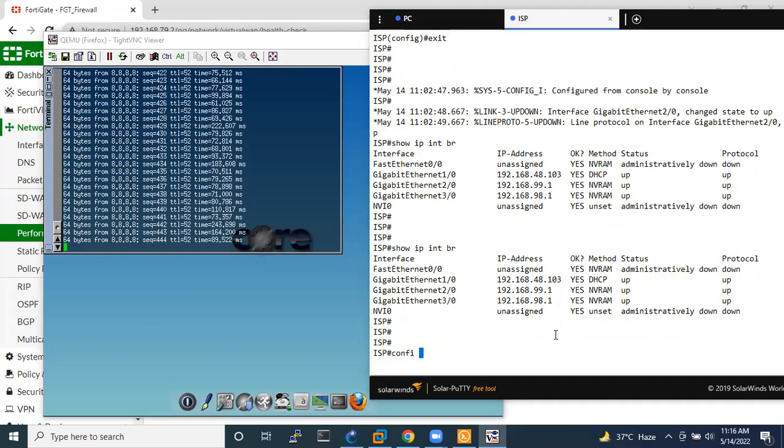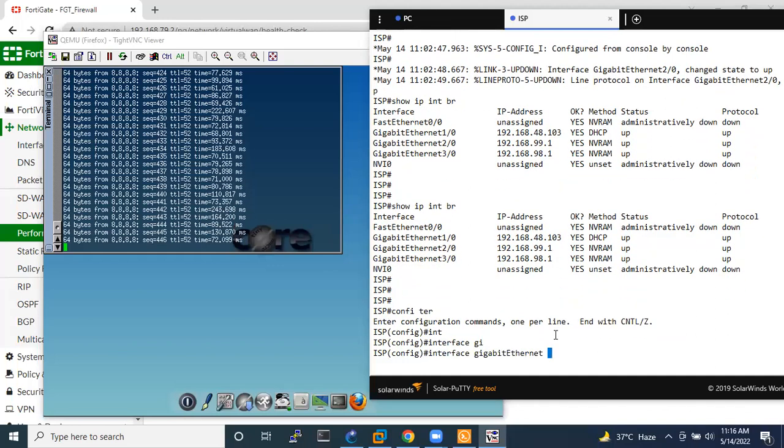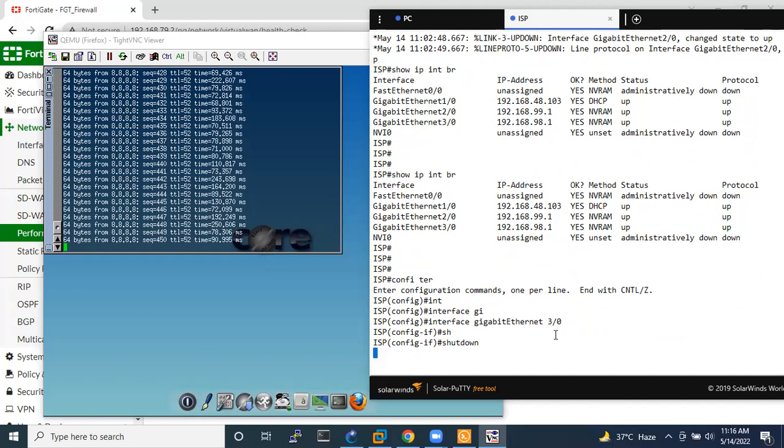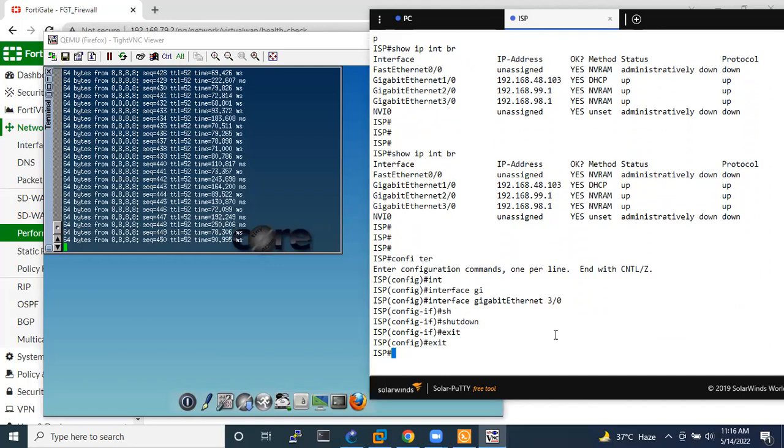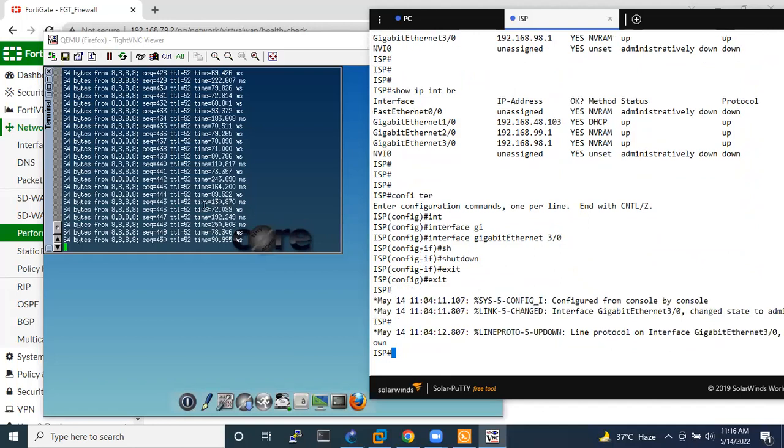Right, configure terminal, interface. इस बार मैं TCL लिंक को डाउन कर रहा हूँ, राइट, तो शट डाउन। तो यहाँ पे आप देख सकते हो ट्रैफिक ब्लॉक भी नहीं होगी और ट्रैफिक विल मूव थ्रू द एयरटेल लिंक, राइट।